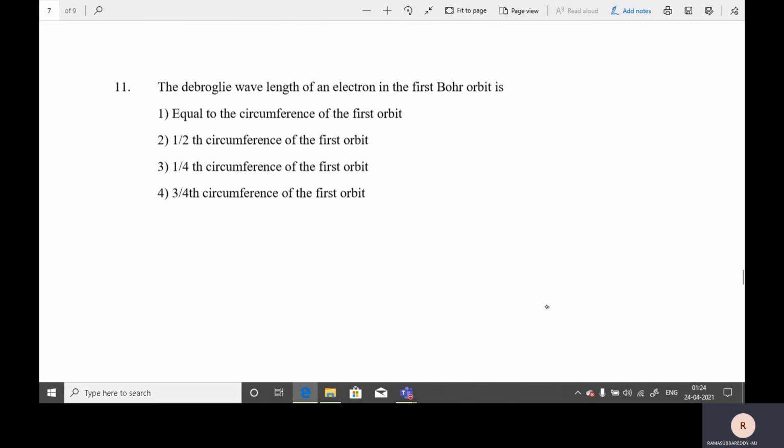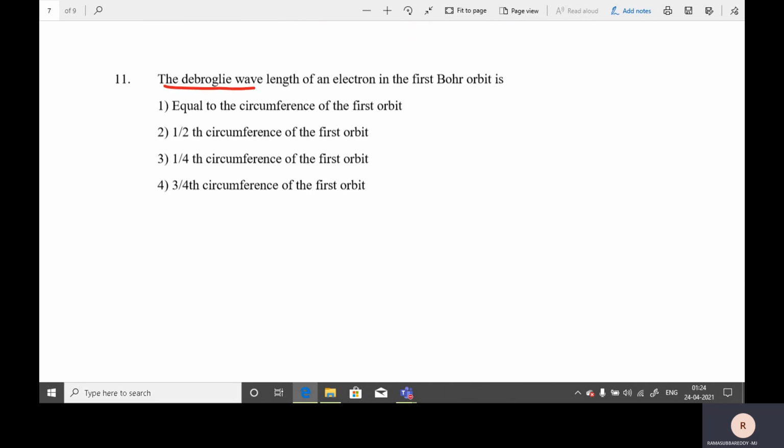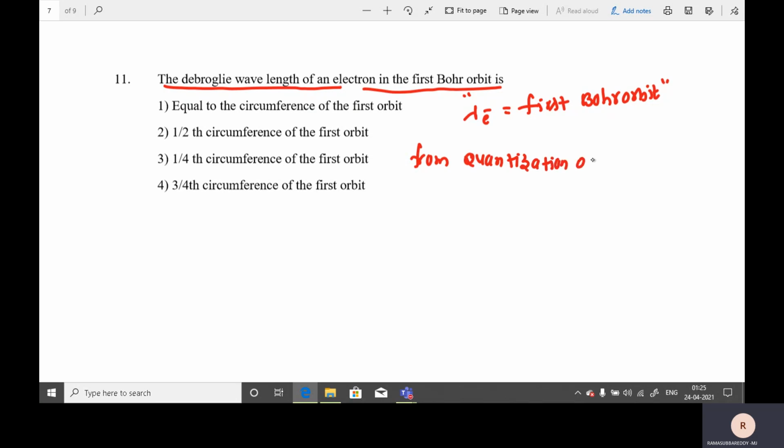The 11th one. The de Broglie wavelength of electron in the first Bohr orbit is. What is the de Broglie wavelength of electron in the first Bohr orbit? That is what they ask us to find. Now we know from quantization of angular momentum,